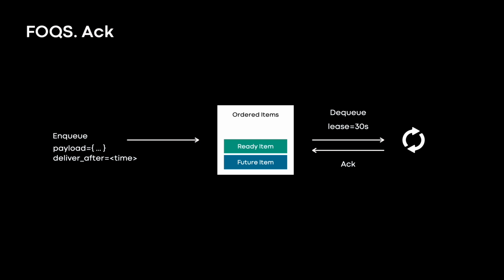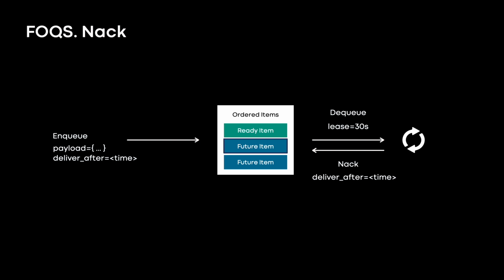If the customer is able to process the item before 30 seconds, or the lease time expires, then they would send Fox back an acknowledgement and the item would be cleared off from Fox because Fox treats the DQ operation as successful. However, if the customer is not able to process this or requires some retry or something else, then they would send back a NAC or negative acknowledgement, and Fox would treat the DQ operation as unsuccessful and make